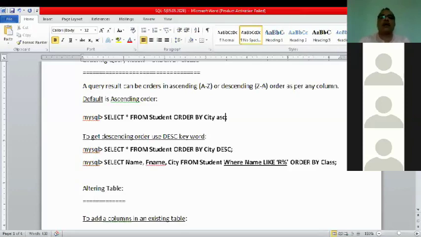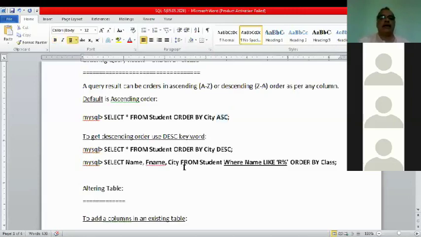You may write ASC also. So it does not matter if you write ASC or not, it will display in ascending order.